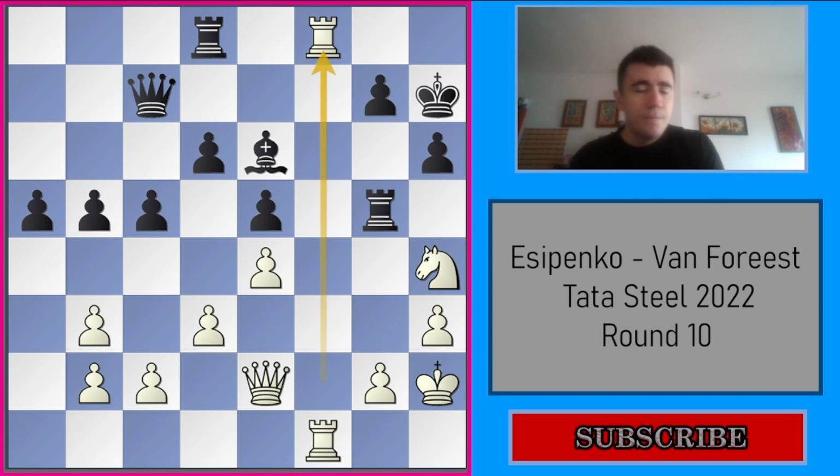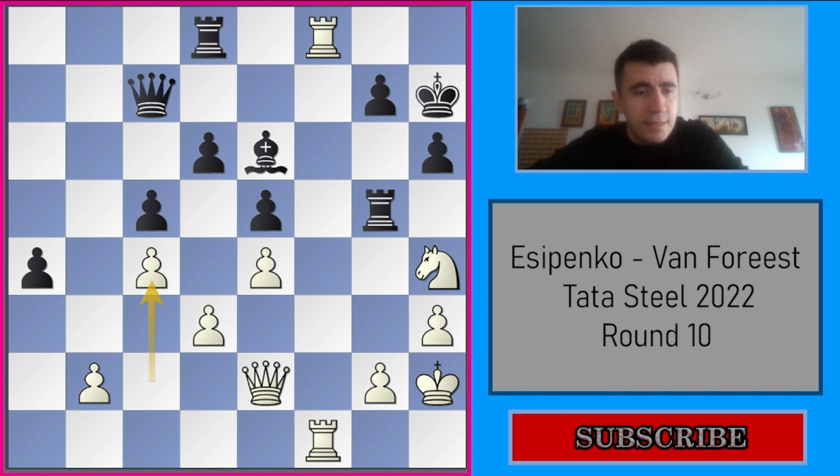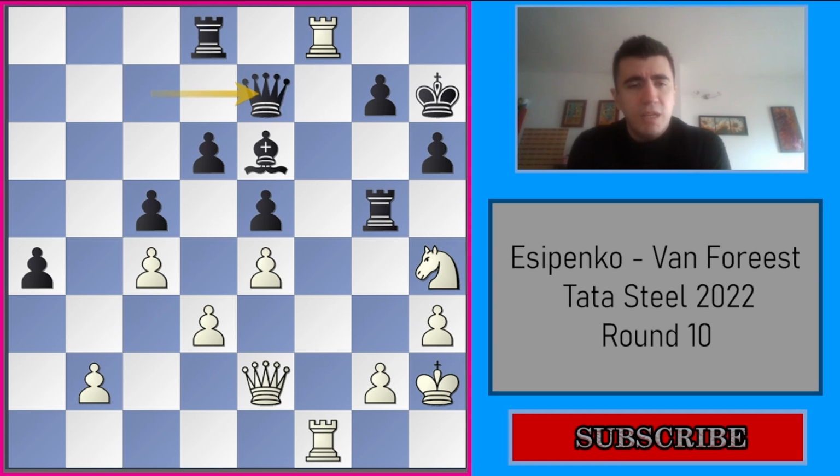And now Esipenko chose rook f8, trying to exchange one pair of rooks, which is in general a good thing, because the rook on g5 is still a very bad piece. But that doesn't stop Foreest from playing a4. Esipenko took because the b4 pawn is very, very weak. Takes, and now c4. He fixes the structure in the center, doesn't allow d5 forever, and black plays queen e7 here,